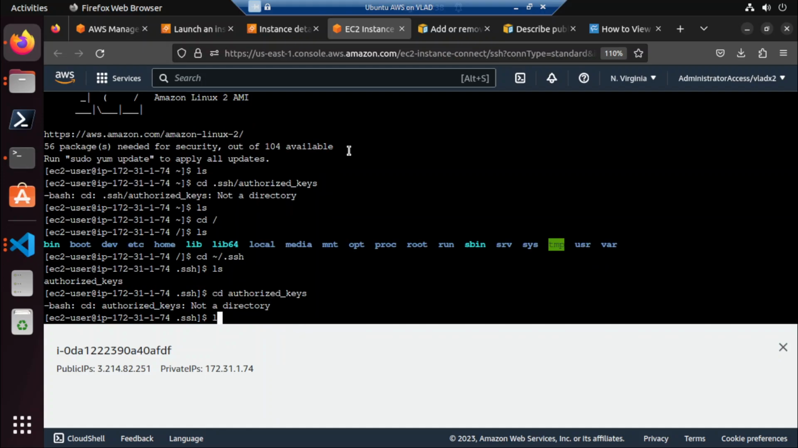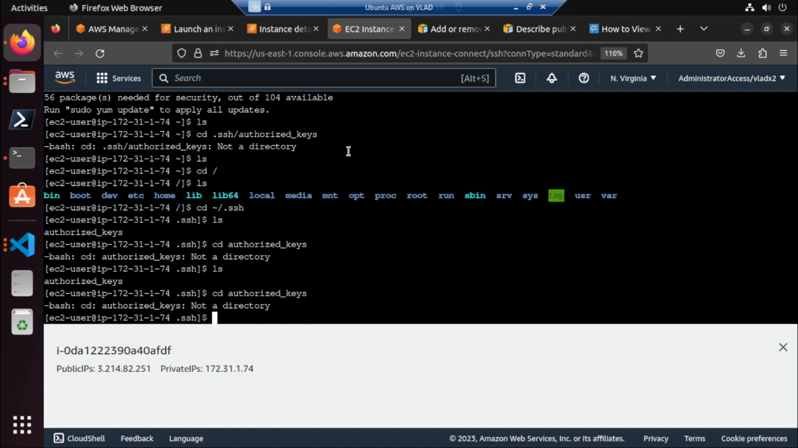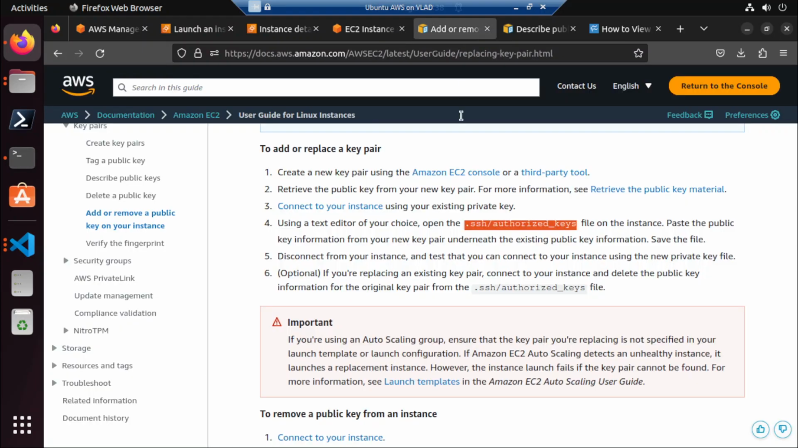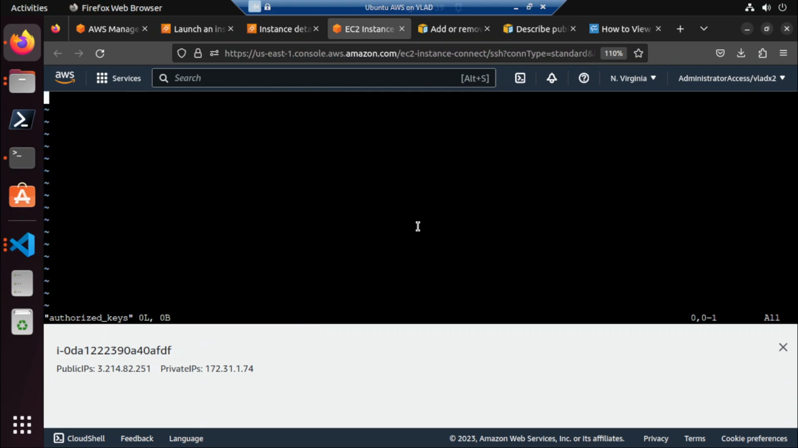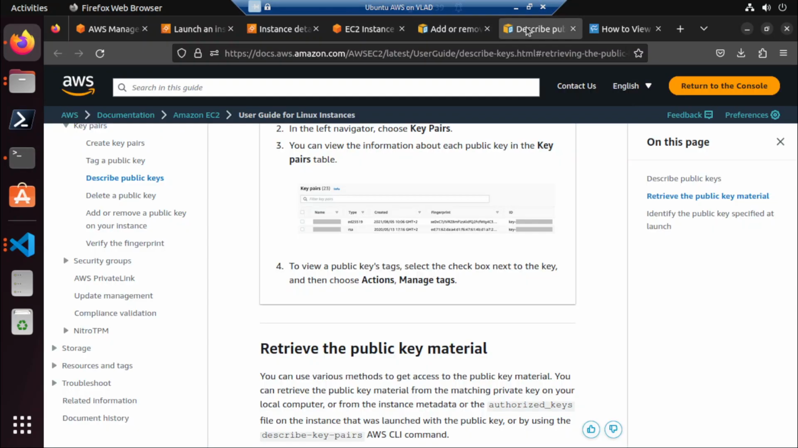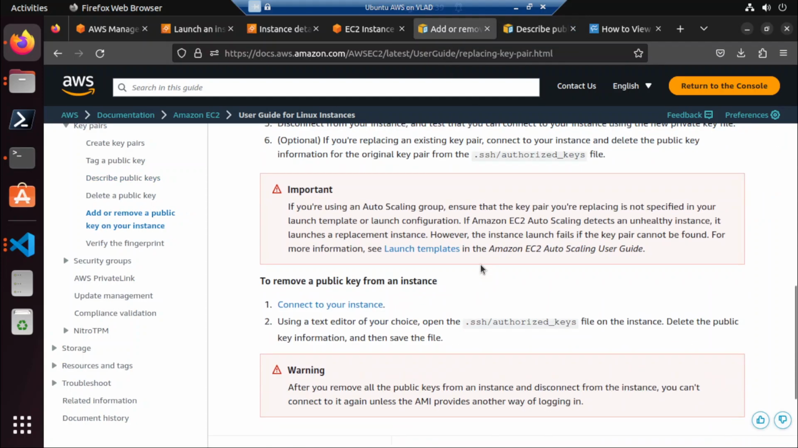Right. Nope. CD authorized keys. This is not a directory. Okay. Open. Is there a Vim here installed? So there's nothing here, right? Because we don't have it. Then what you can do is